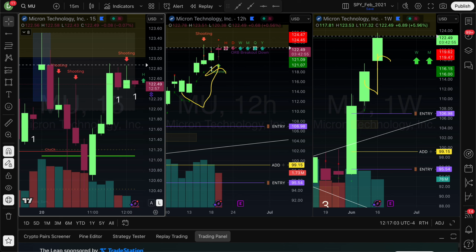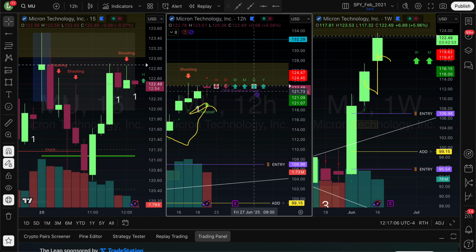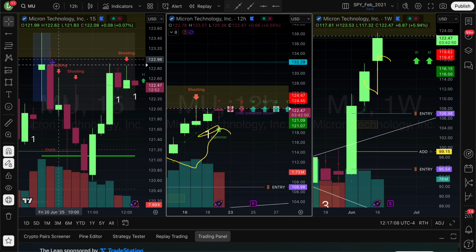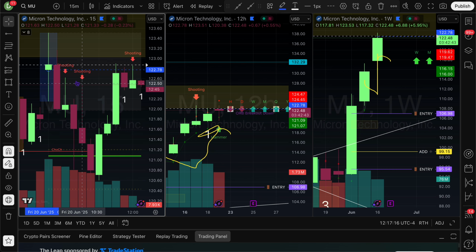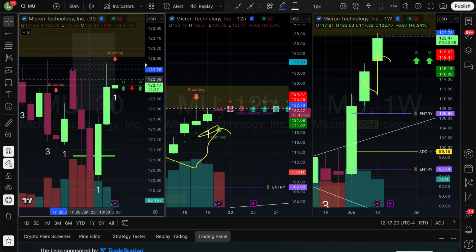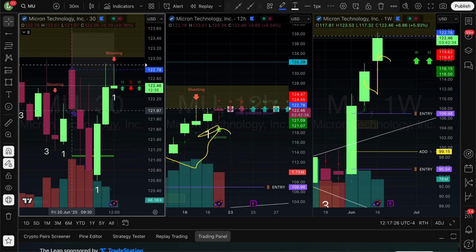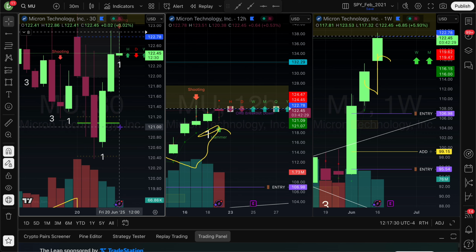How to turn being wrong into being right. What happens on MU? If I mark my open, right? There's my open. It flipped on me. So what does that mean? That means MU is no longer a long. So what do I do? I short MU. I shorted it off the 30. So here down to ADR and then a little bit more. But if I'm looking at something to go a specific direction and it goes the opposite direction, I need to be looking at why is it going that way and where is it going?